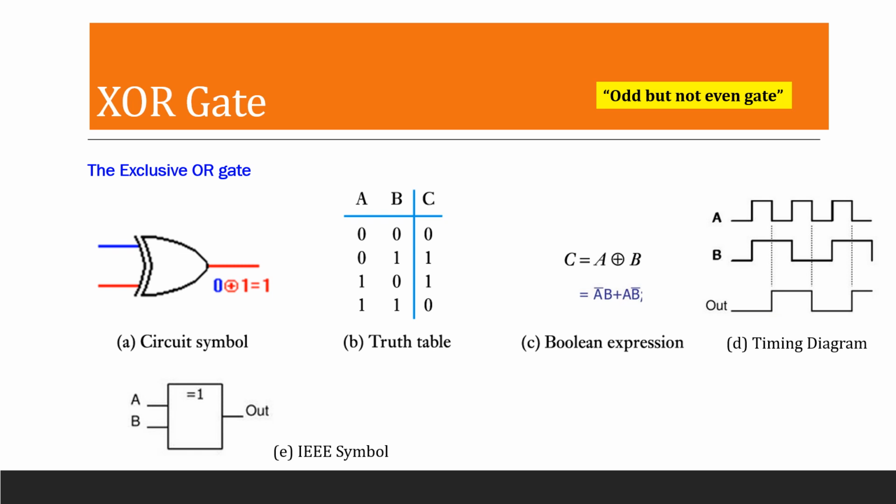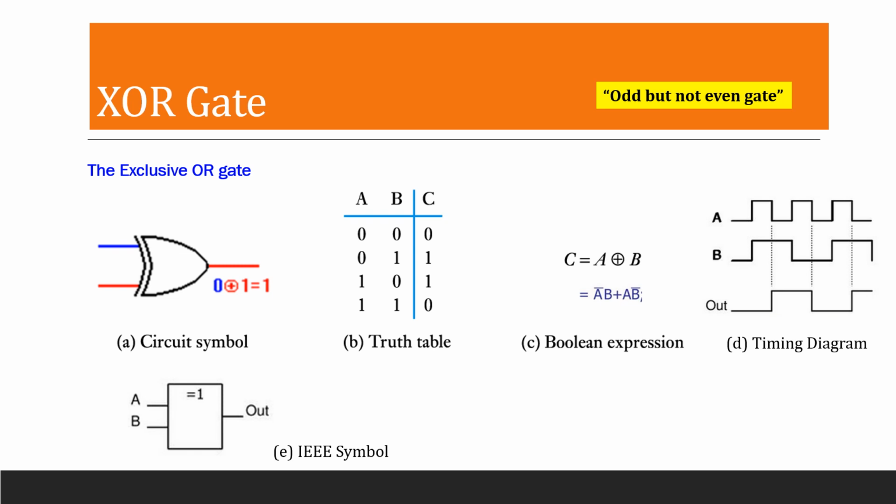Okay, for the combination 0 1 and 1 0, the C value is 1 because in both these combinations we will be having an odd number of ones. But for the combination 1 1, it consists of an even number of ones and so the output will be 0. So this gate can also be called an anti-coincidence gate because this gate produces a high output only when the two inputs are not coinciding. That means when the inputs are not same, the output will be 1. And so this gate can be called an anti-coincidence gate.